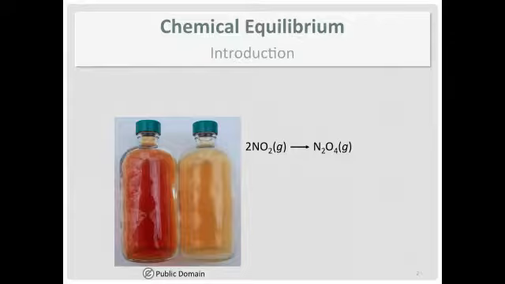After you wait a certain period of time, the color diminishes, but it stops changing. That means there is still some nitrogen dioxide in there. And that means the way I've written the chemical equation isn't a sufficient way to look at it. So instead of using that single arrow, we're going to throw in a double arrow, which is commonly known as an equilibrium arrow.